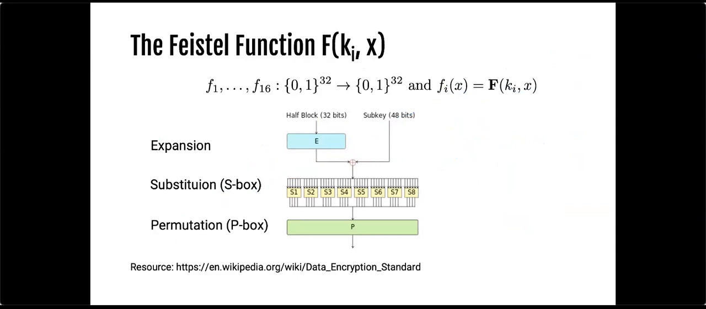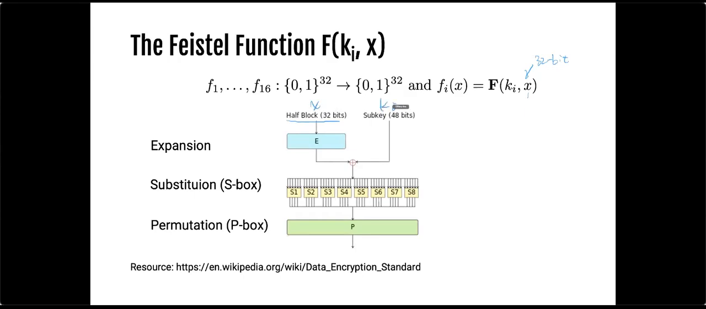It combines the key and a 32-bit string. Well, I wouldn't say it's a string. It's just like a 32-bit block, right? So here, what it does is that it will first have the half block, which is this X, and the subkey,